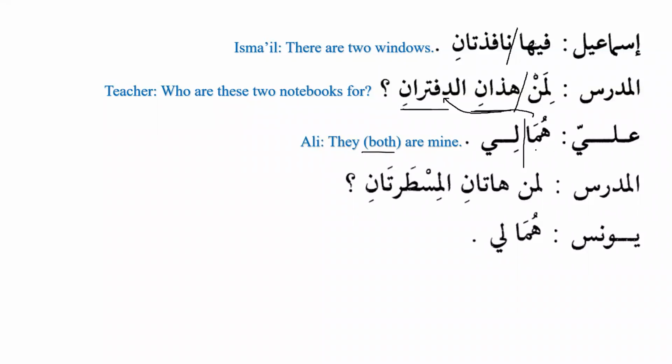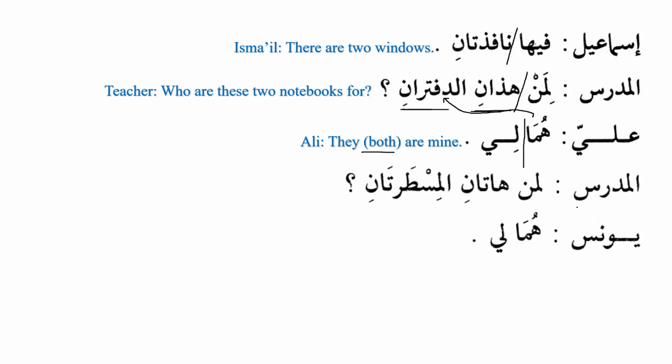But in Arabic, as we know that we have the dual, and we know that in English, there is no dual. We have singular and we have plural. For example, we say one notebook and two notebooks. But in Arabic, we have daftarun, wa daftarani, wa dafatiru. Similarly, kitabun, kitabani, wa kutubun, and so on and so forth. So now, inshallah, whenever you look at a noun, you have to do at least two things. Number one, you have to make the dual, and number two, you have to make the plural, as we have done over here. So, for example, daftarun, daftarani, dafatiru. Aliyun, huma li, they both are mine.